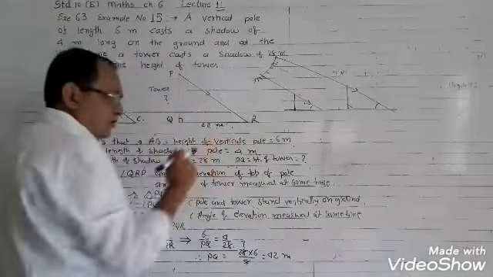Now in triangles ABC and PQR, angle ABC is equal to angle PQR, equal to 90 degrees, as the pole and tower stand vertically on the ground. Angle BCA is equal to angle QRP, the angles of elevation measured at the same time. By 1 also you can write here. Therefore, triangles ABC and PQR are similar triangles by AA criterion.